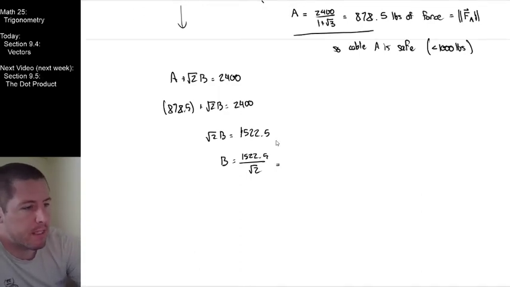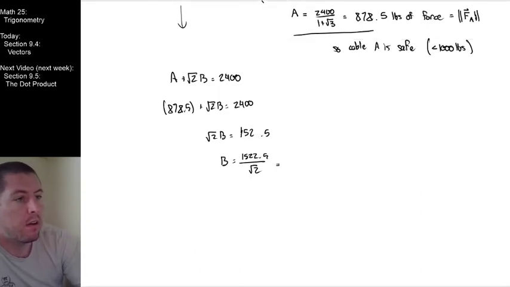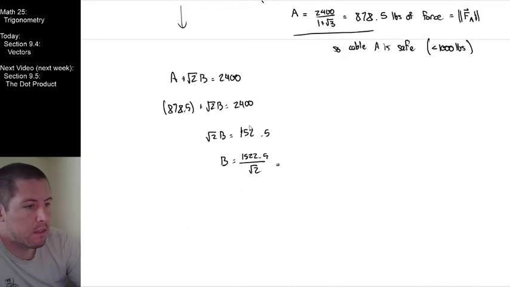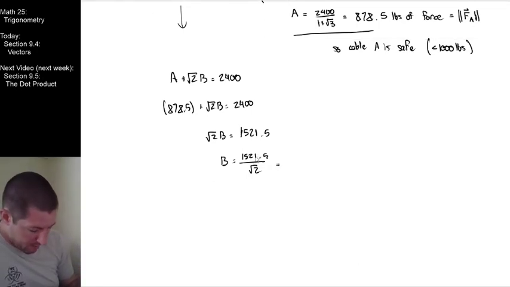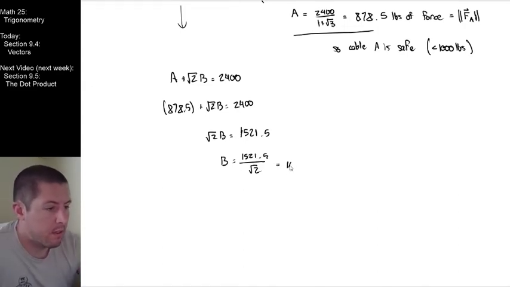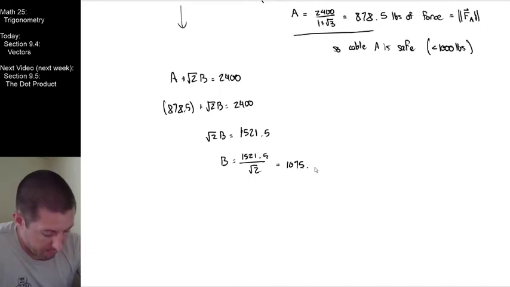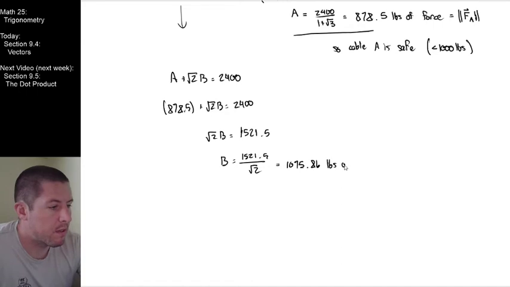I felt like I was off by a smidge, and I was. Okay, now let me redo this in my calculator and see if I'm getting exactly what my notes say. 1075.86 pounds of force